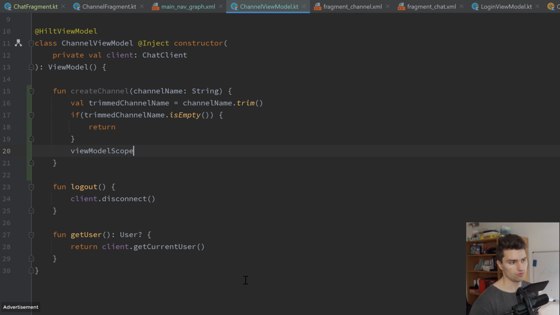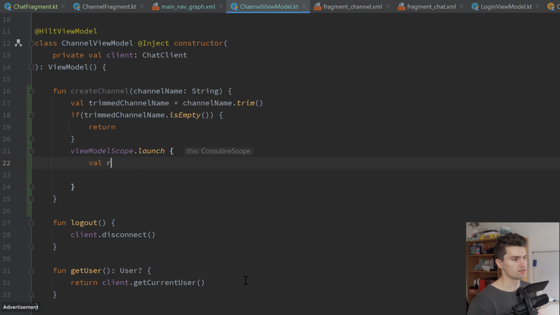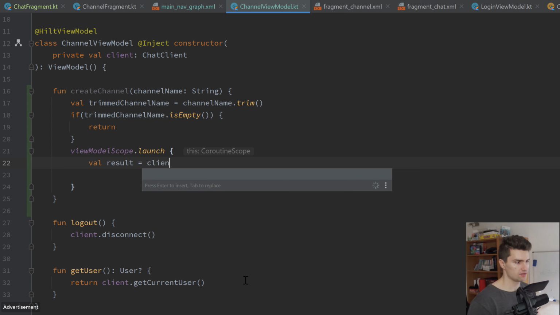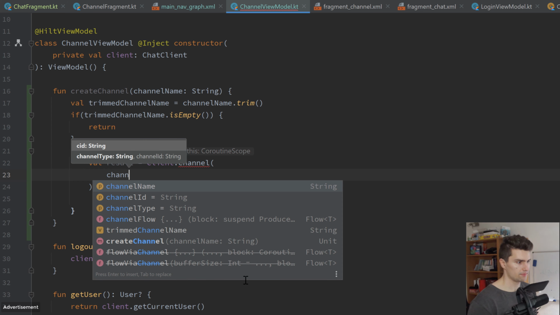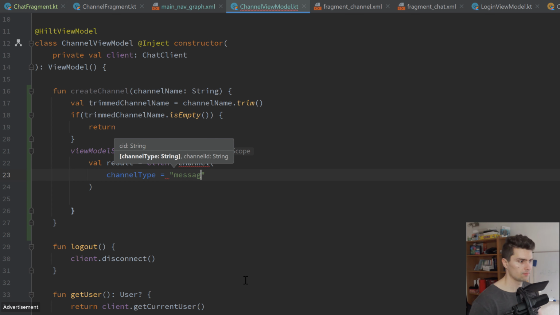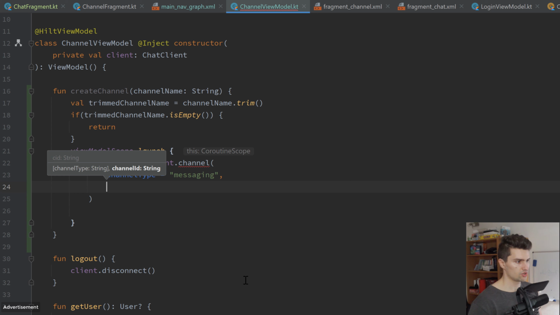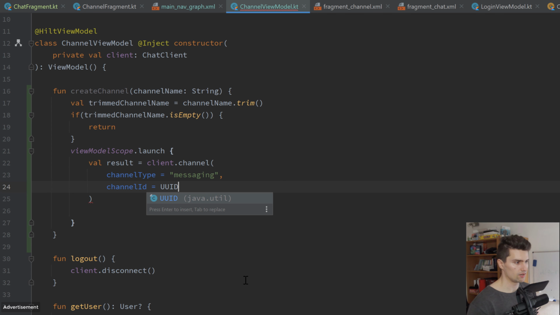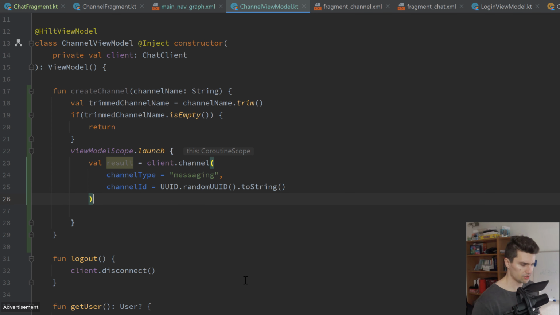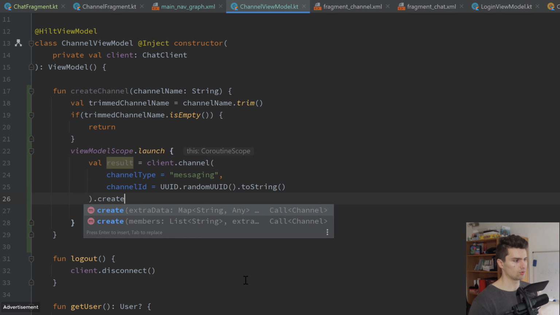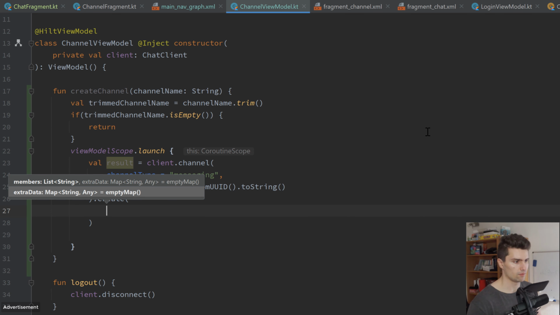And then we can just launch a coroutine in view model scope. We can say val result is equal to client.channel. And here we can give this a channel type, which is, as always here, messaging. And a channel ID, which I will just randomly generate here. UUID, random UUID to string. And then with the channel that we defined, we want to create that. You can see that again returns a call, on which we can call await,